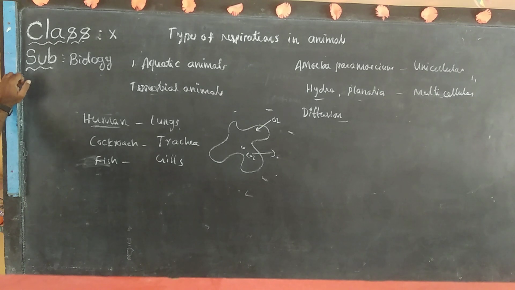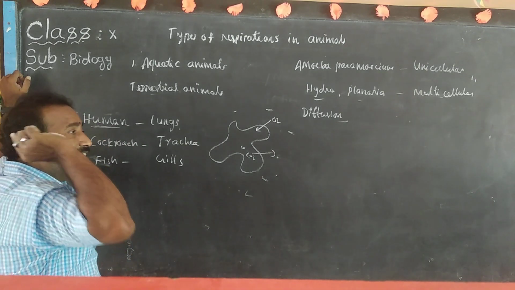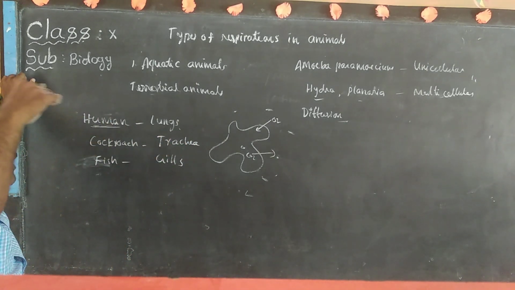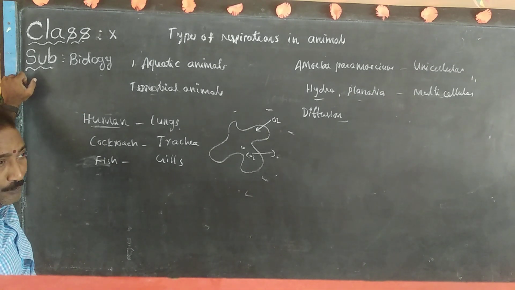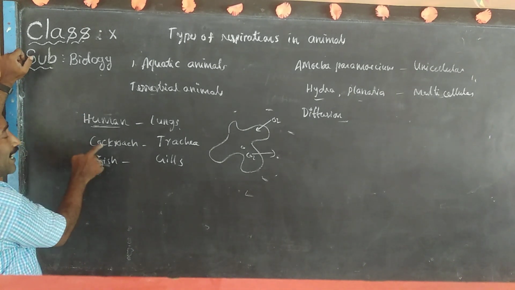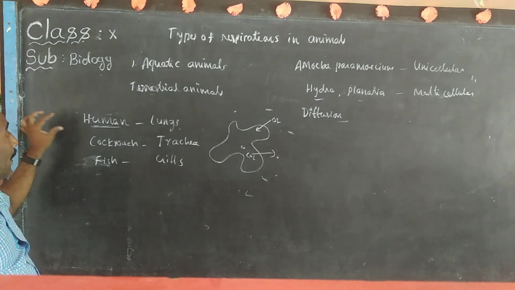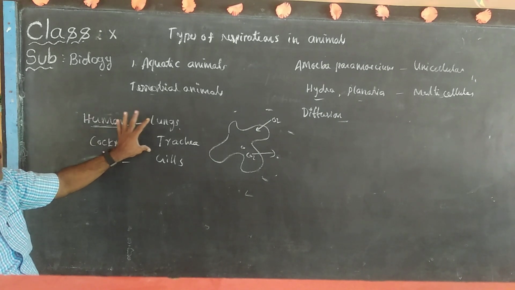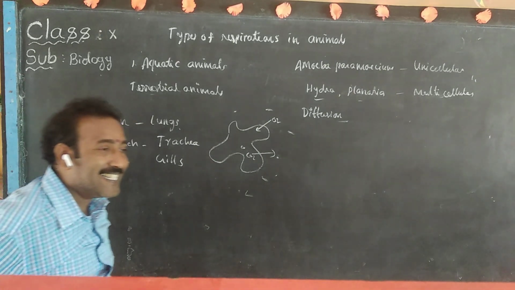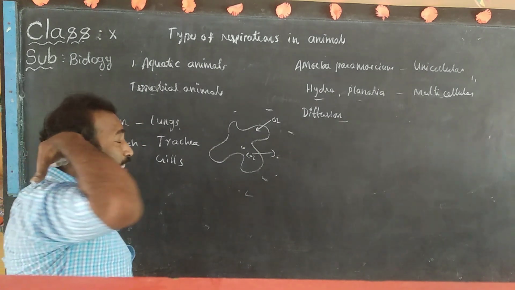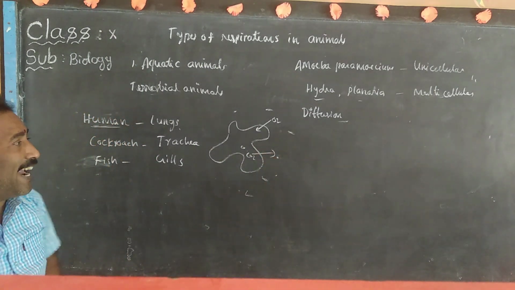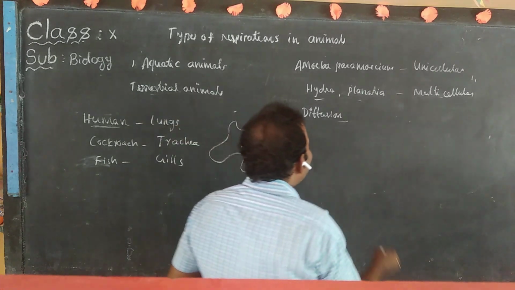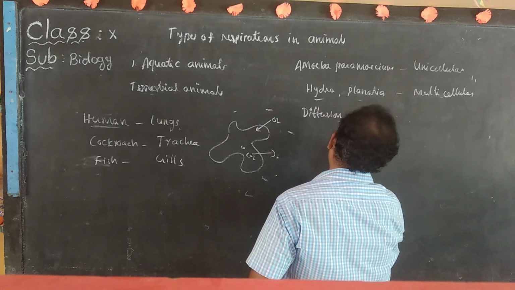Animals are living in different habitats. That's why all the animals do not have the same type of respiration or respiratory organs. Even if they are living in the same habitat, human being and cockroach both being terrestrial animals, differences are there in the respiratory organs. Why? The type of respiratory system present in the animal depends upon the size of the organism.